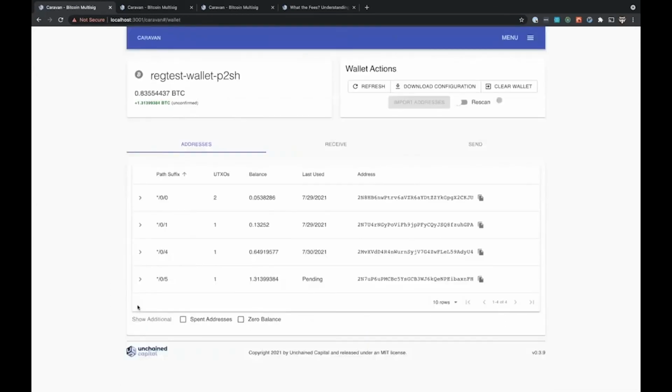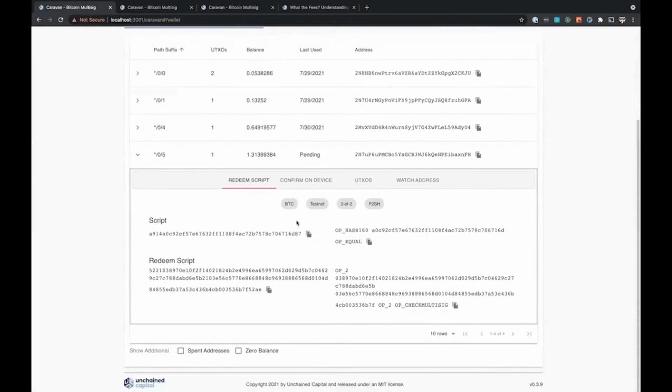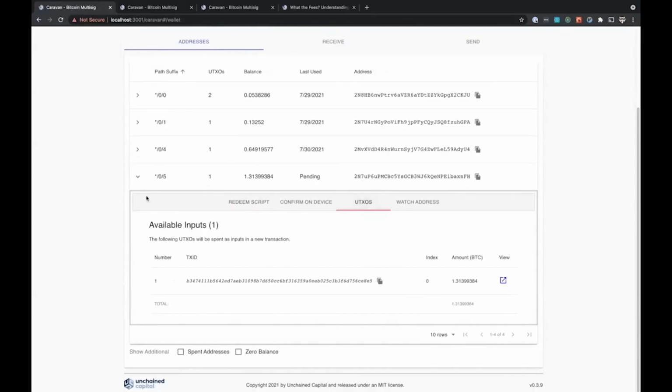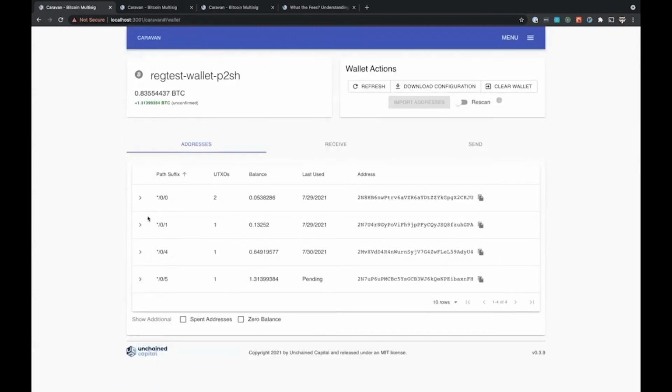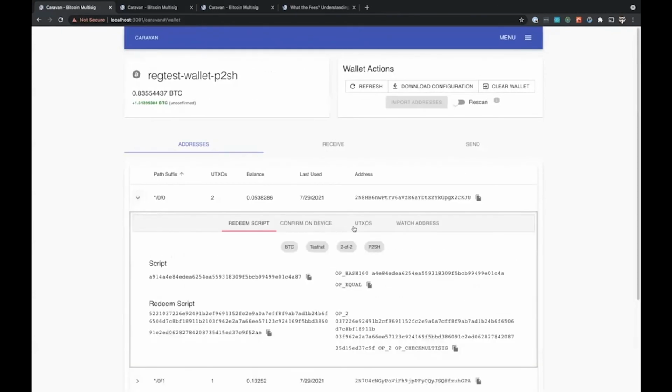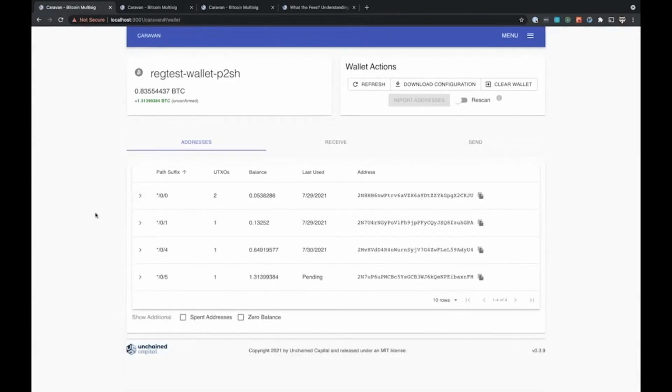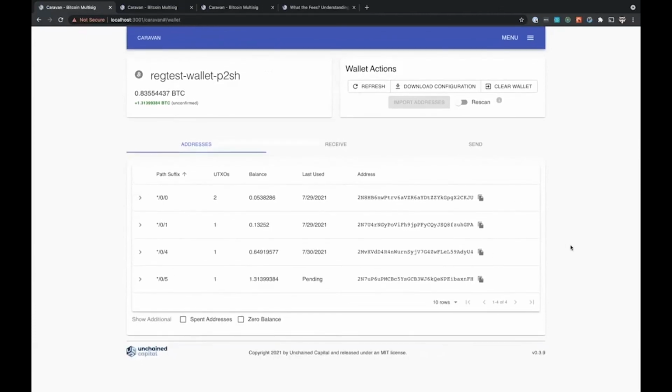Okay, successfully broadcast. Now, if we refresh, you can see I have this. This is pending. This is the spend that's pending. So you can see this full amount here. And this one now only has 2 UTXOs. Okay, so now